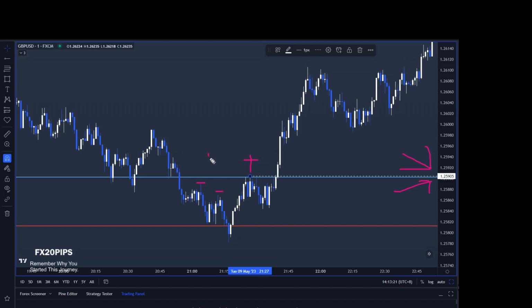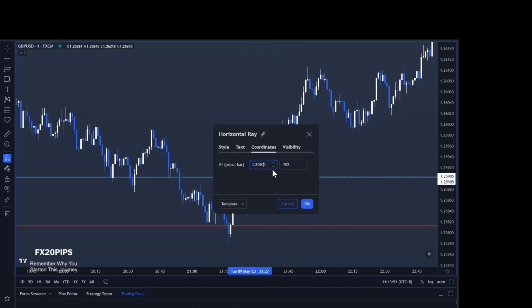It will be 1.25945, okay, which is 0 here plus 4 pips will give you 4.5. Okay, that's what I do, right? Meaning I find the high of this candle and I increase 4 pips here,